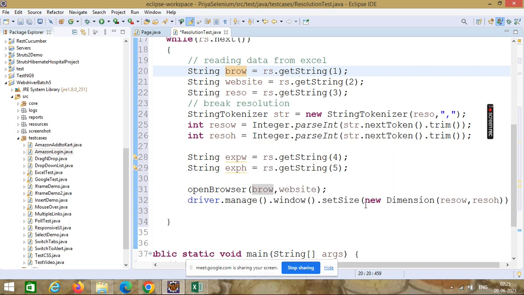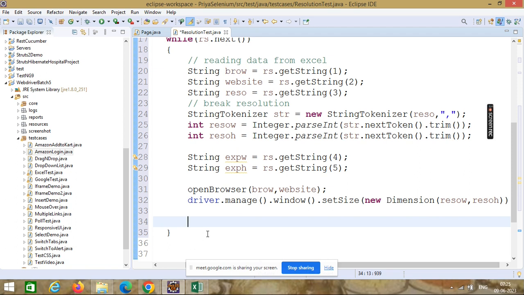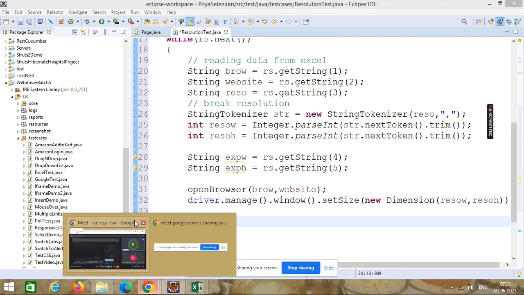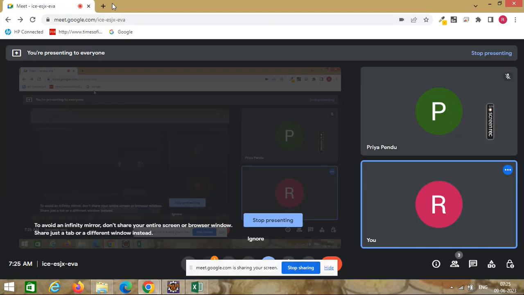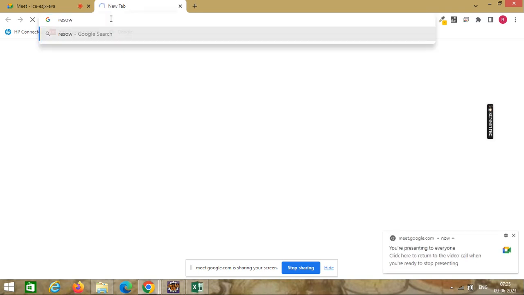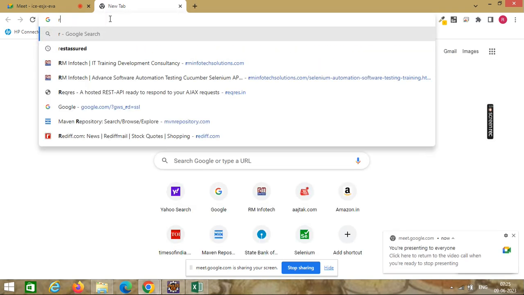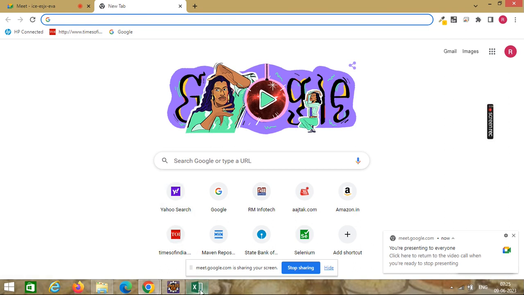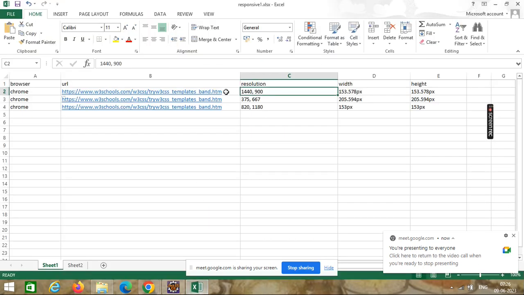different dimensions. Now after that browser is opened, what I want to check, I want to check the width and height of the image. So again I will take the XPath, so this is the website I want to open.